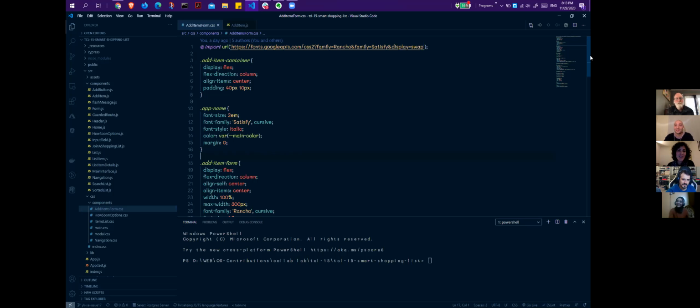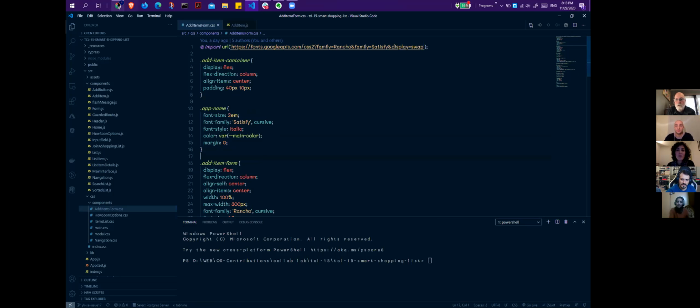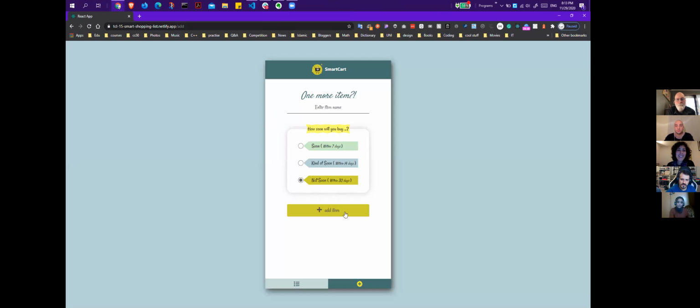So Bootstrap, are you using Bootstrap for the grid or anything? I think it's just for the button. Yeah. But everything else we have done in CSS. Nice. That's cool. I like that because